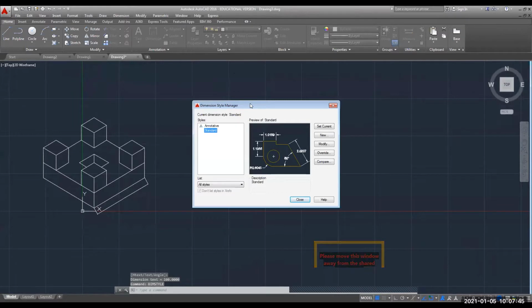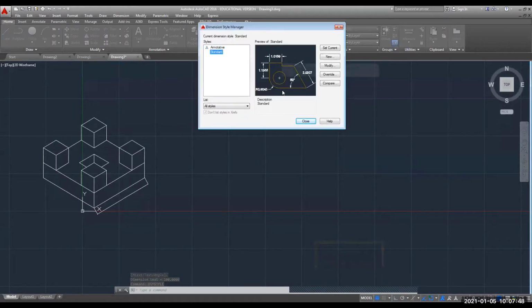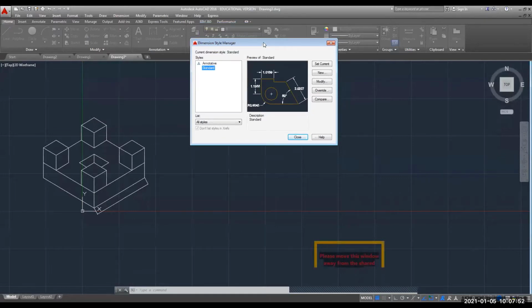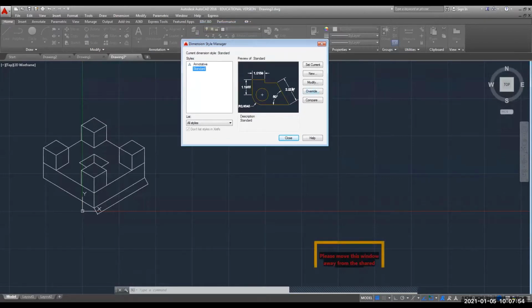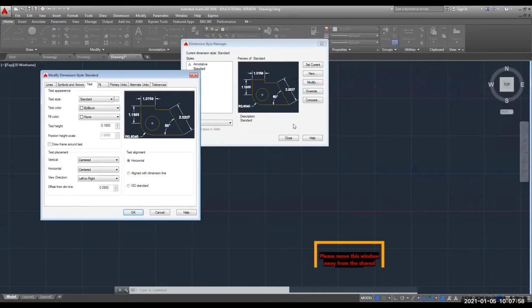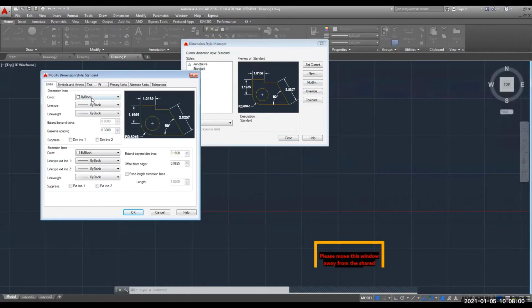Now I hope everyone is very much familiar with this dim style. We have to go in modify. Lines as per your wish. I am considering green color for dimension line and extension line.